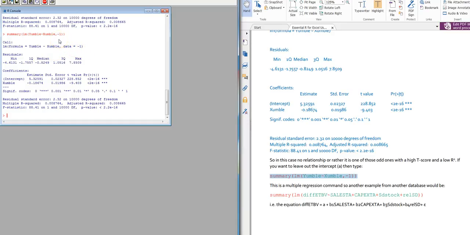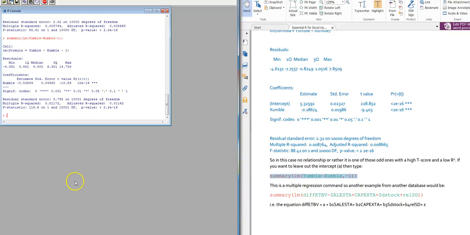Right. Well, it should come up without the intercept, which it has done. What had I done wrong? I had put in a comma, and there shouldn't be a comma here, so that needs to be deleted,